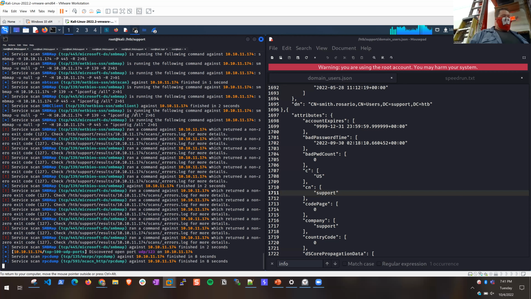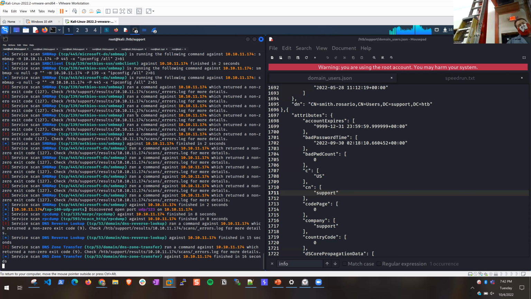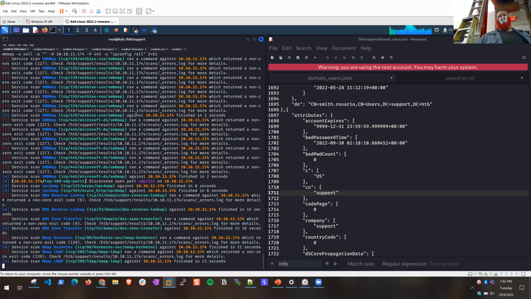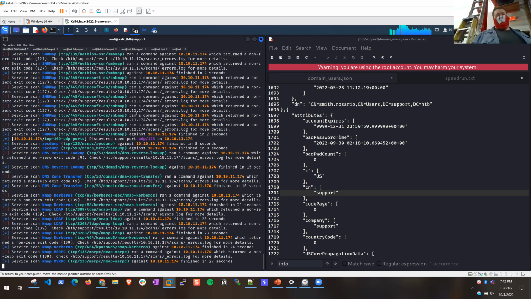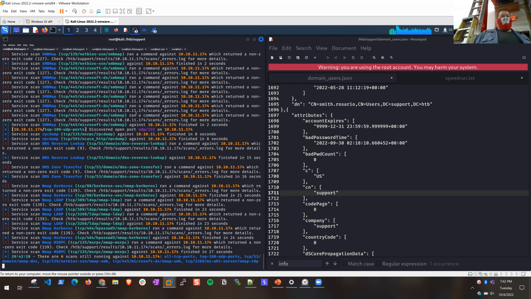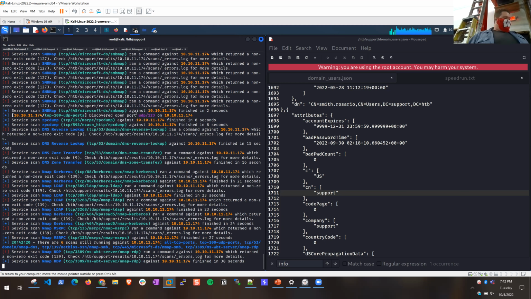I have a physical pen test coming up next week where I usually try to tailgate an employee. I don't try to clone badges or anything. I'll sometimes have a fake ID, because everyone's is the same, right? It's a picture of you and the company name, no one looks at it. Then I'll have a proxy card, tailgate them, and pretend to swipe. It makes the beeping noise. Everybody thinks the beeping noise means okay, and I follow them in. Then from there, I plug in all my evil stuff and own the network.